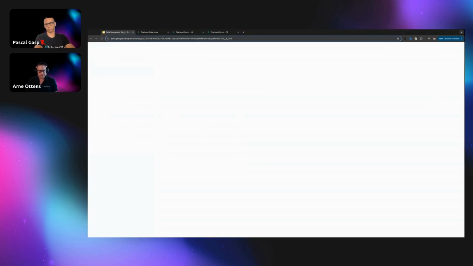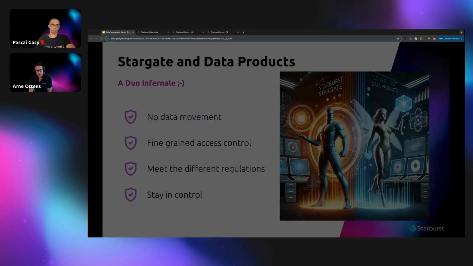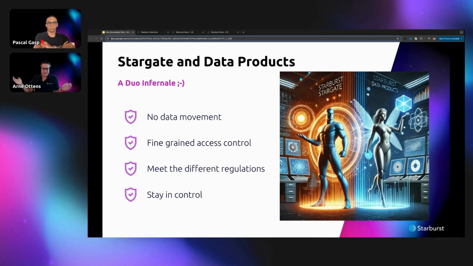With that, let's jump back to our slides for a moment. What did we achieve? We started in data products, in finale, you could say. We simply solved the issue of sharing data across different regions while sticking to different regulations. We achieved that with no data movement involved. Only the result sets, the aggregated values, will be transmitted over the wire. We also achieved it with fine-grained access control. So we are really in charge of who can access what, even at what time, you could say. And we simply met all the different regulations that could be in place.